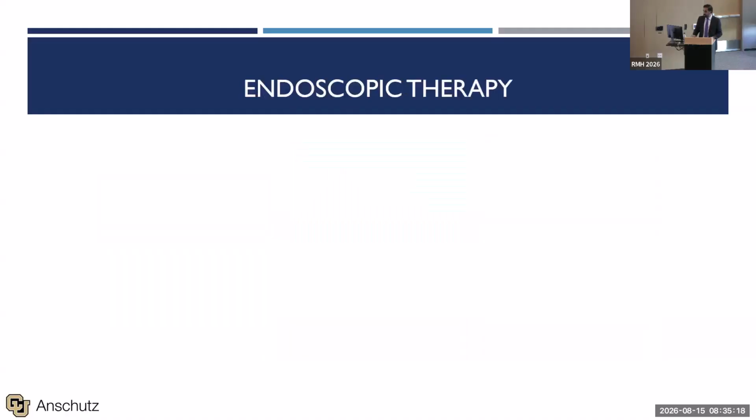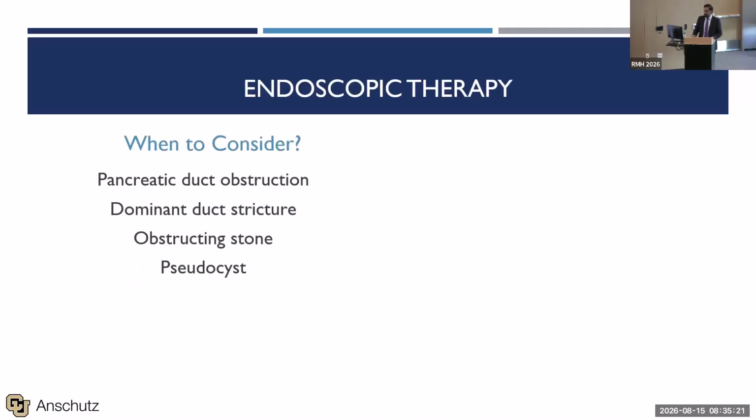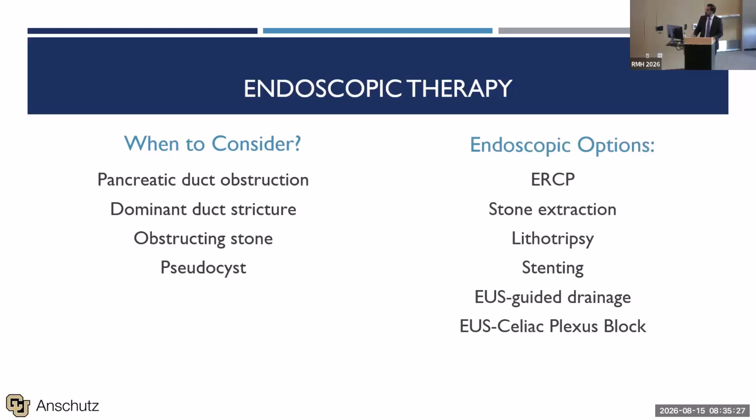Let's talk about endoscopic therapy really quickly. When to consider it is kind of anytime you either have obstruction or a duct stricture. And what are our options? So I won't belabor all of these, but there's a lot that we can do. And so it's reasonable to consider treatment, and we can do EUS-guided celiac plexus blocks for pain management for a